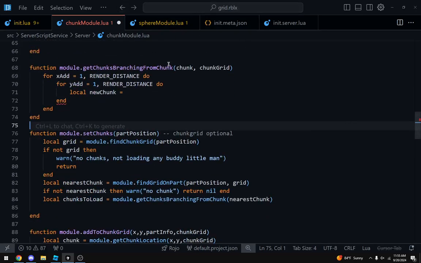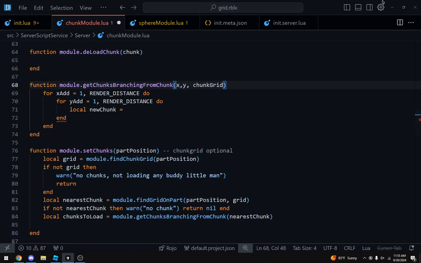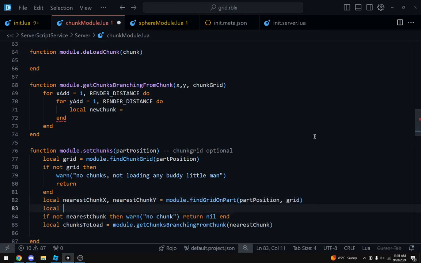Here's the thing we can do. We want to return the x and y values here of the chunk. Yeah, I think that might work better, honestly. Nearest chunk x, nearest chunk y, and we can do local nearest chunk equals, yeah, we have grid nearest chunk x, nearest chunk y.